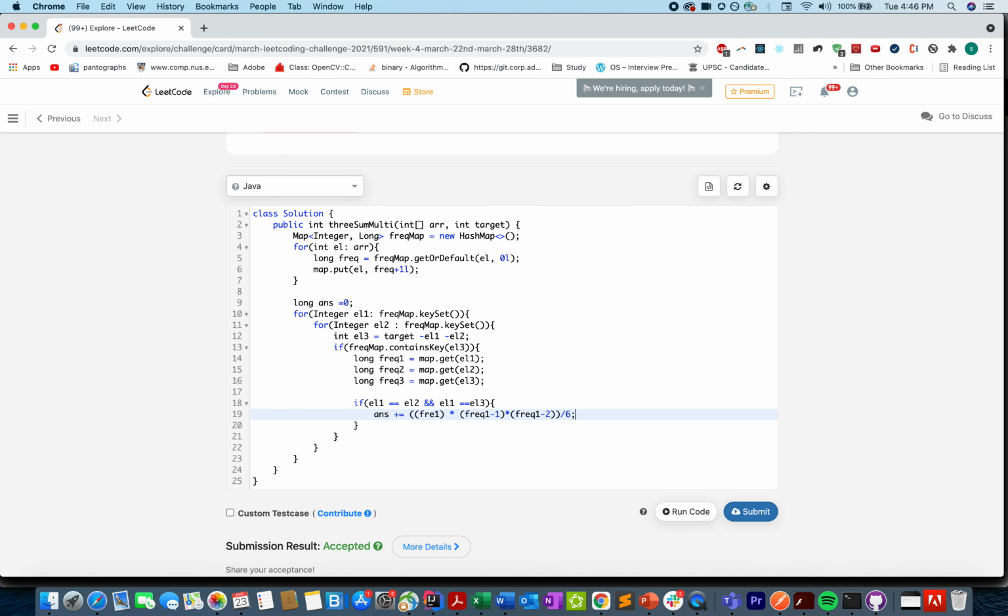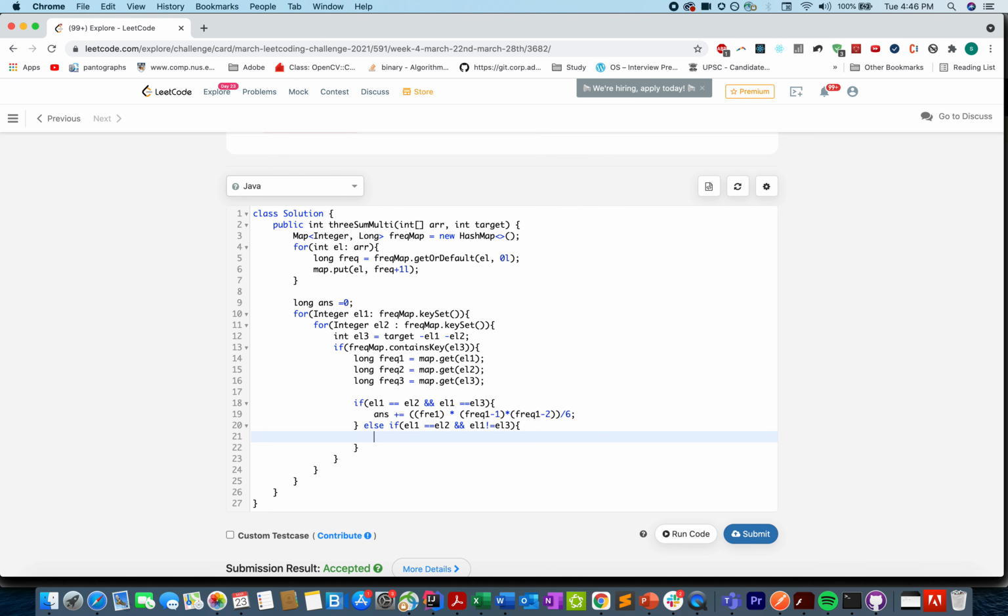By 6. Sounds good. Else, if el1 equals el2, the first and the second element are equal, and el1 is not equal to el3, this is the second case. What was the answer there?